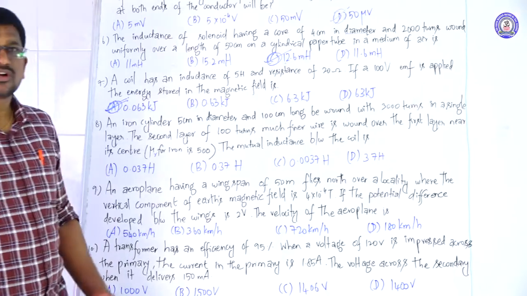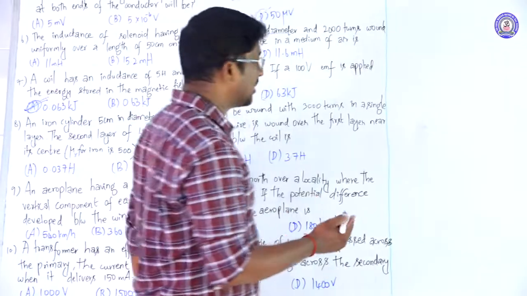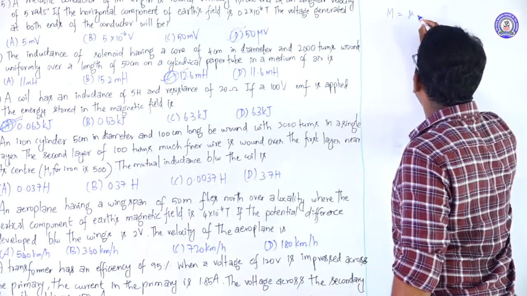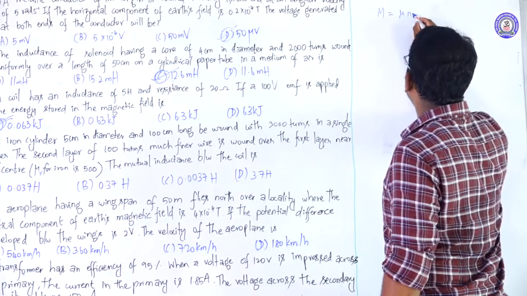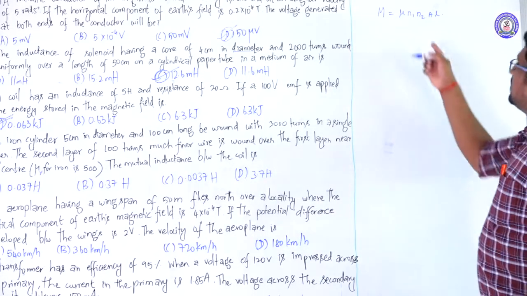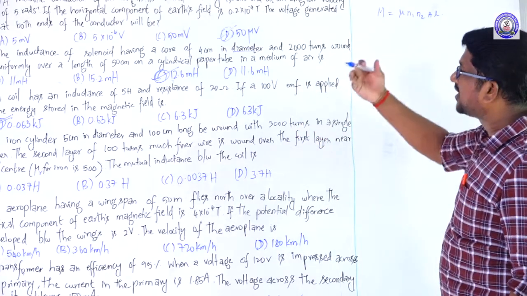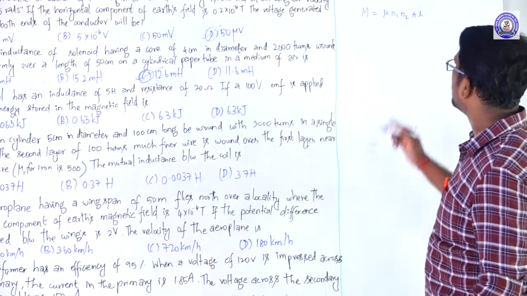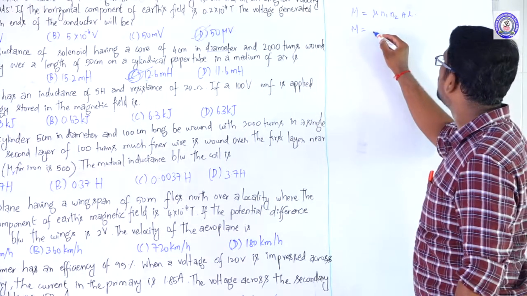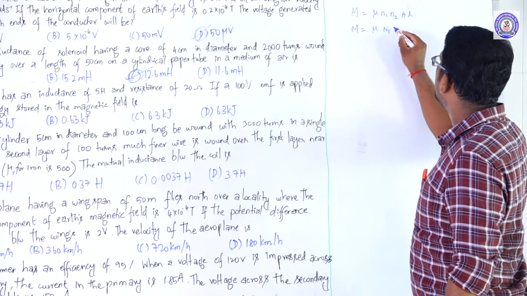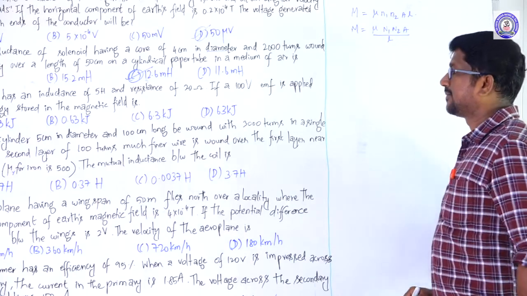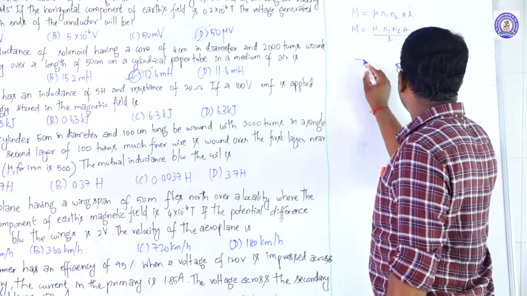The mutual inductance between the coils, or between the solenoids, is given by the formula M is equal to mu naught mu r N1 N2 A divided by L. Here the given values are the total number of turns in the first coil and the second coil. The mutual inductance formula in terms of total number of turns is M equal to mu N1 N2 A divided by L. So there is an iron cylinder